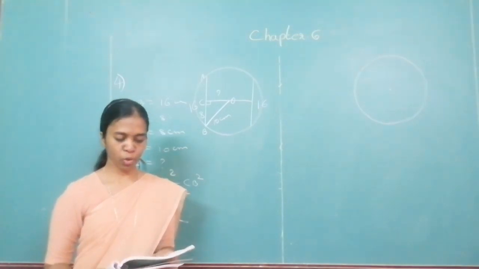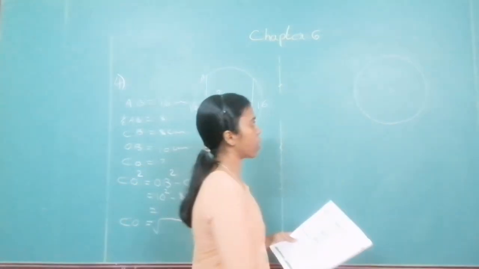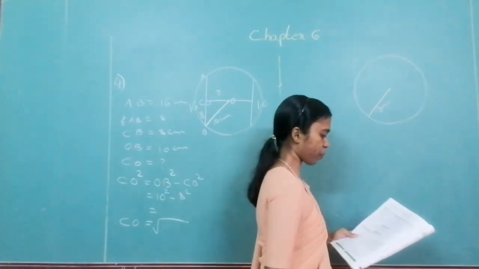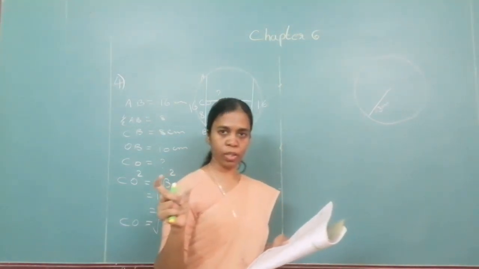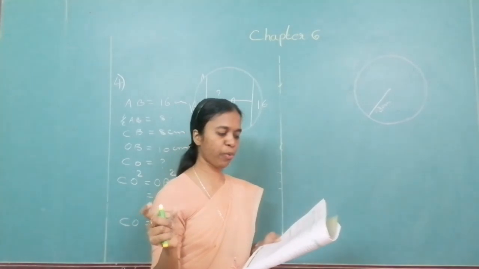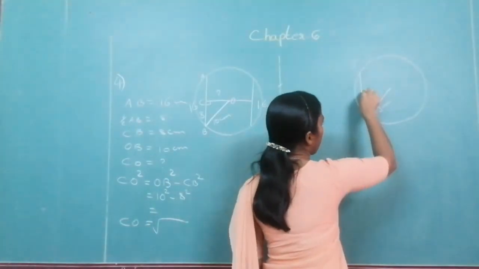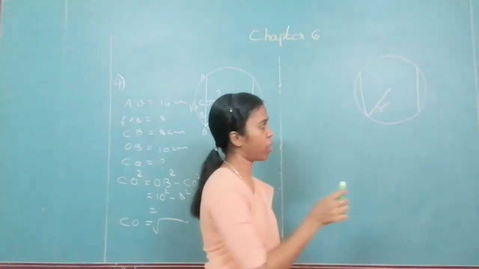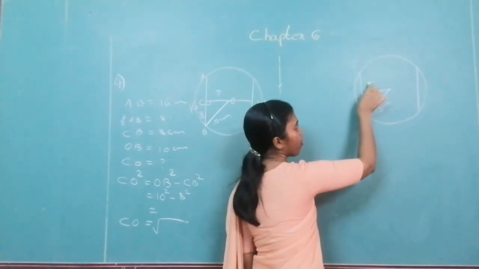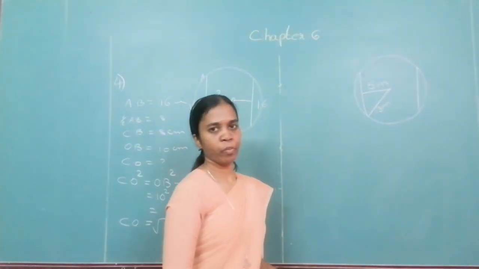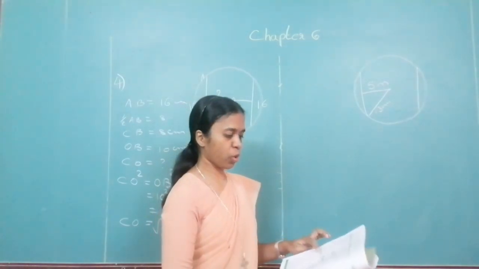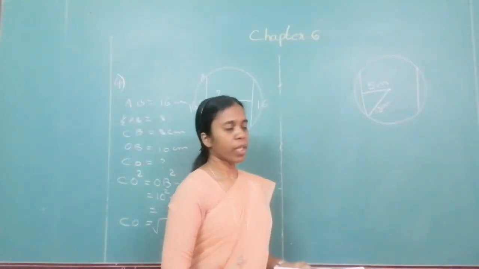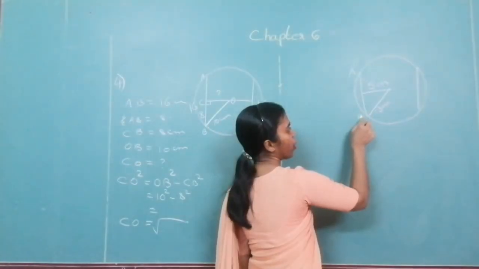Okay. Question number 2 over there. In a circle with radius 13 centimeter. Now you are told that the radius is 13 centimeter. Two equal chords are at distance 5 centimeter from the center. So you have two chords over here, and what is the speciality of these chords? Again it is told that the chords are equal. Distance is given to you, 5 centimeter. Now again what is asked to you? Find the length of the chord. You have to find the length of this chord. Give the appropriate names, whatever names you want.